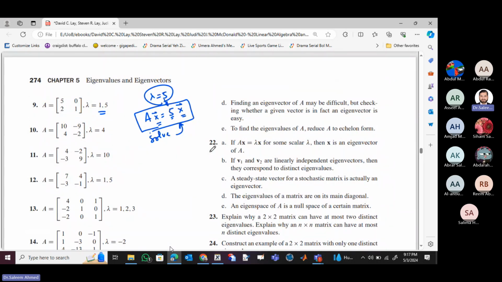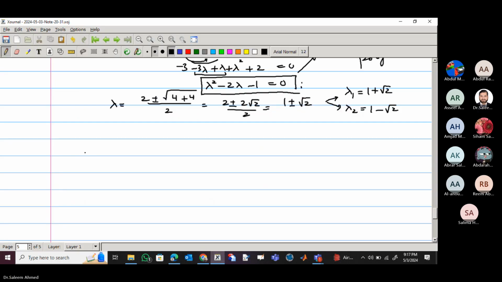Let's say I have the matrix 5 0 2 1, and I have to find the eigenvector for lambda. So if I solve the determinant of A minus lambda I equal to 0,